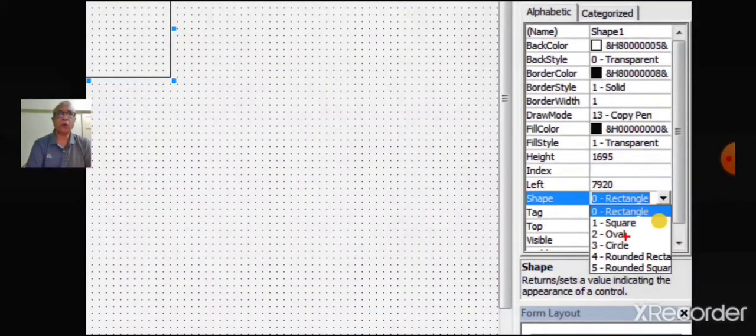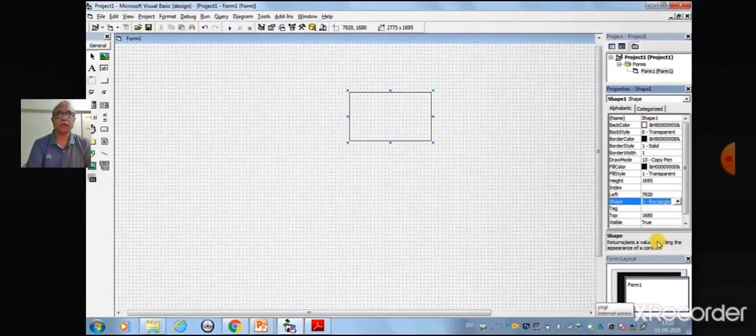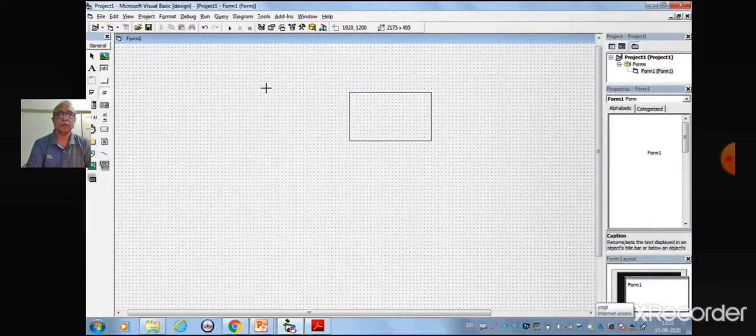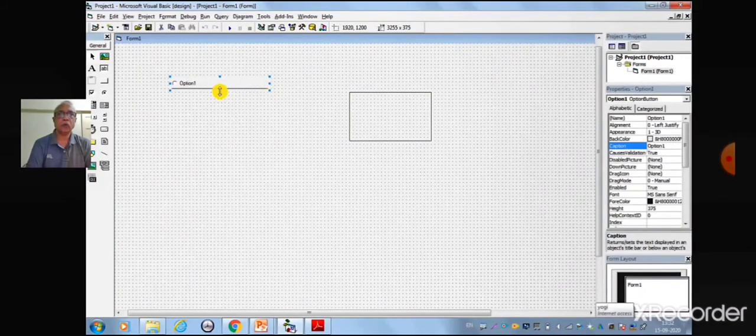We shall now execute all these shapes using the option button. Since we have 6 shape options, we will place 6 option buttons. Now place 6 option buttons and change the font size to 14.